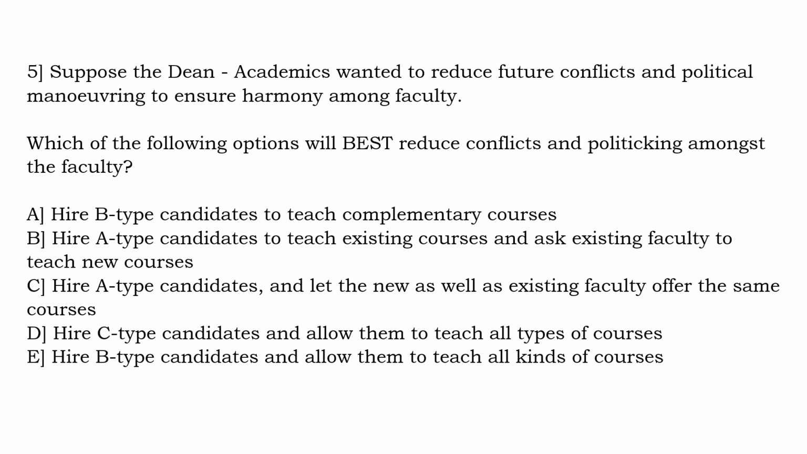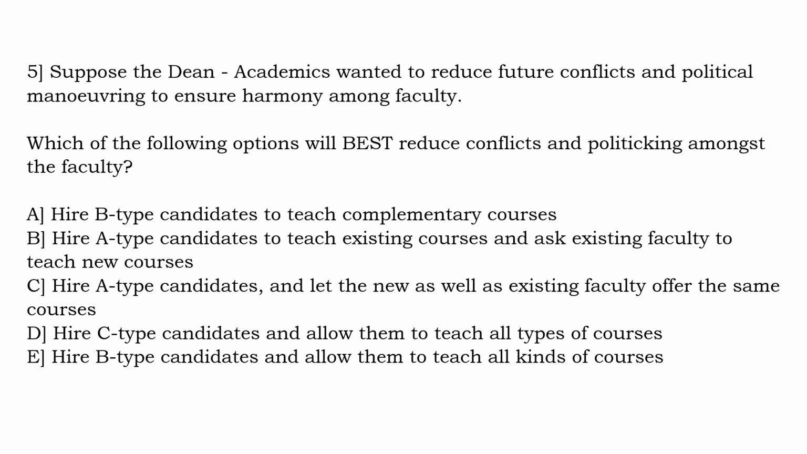Then option E, hire B-type candidates and allow them to teach all kinds of courses. Again, the same problem. B-type candidates are not as good as the existing faculty. So if the existing faculty sees that the B-type candidates, who are not very good teachers, are also teaching the same subject as they are teaching, this will again create problems. So not an answer. So you have a likely option C and a very good option A, out of which